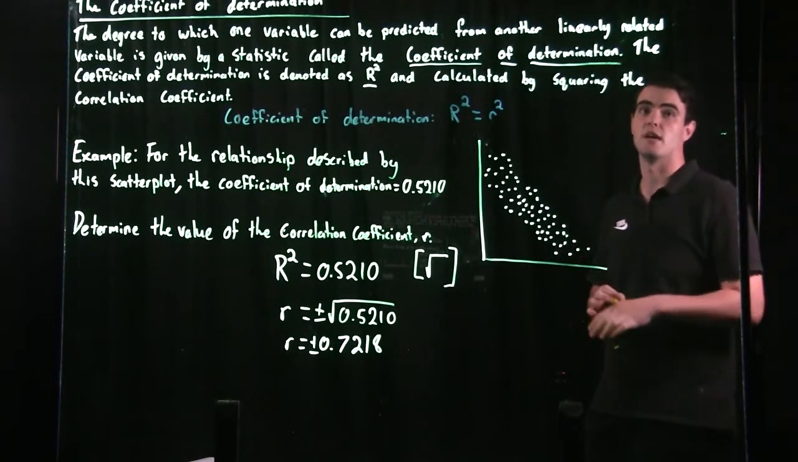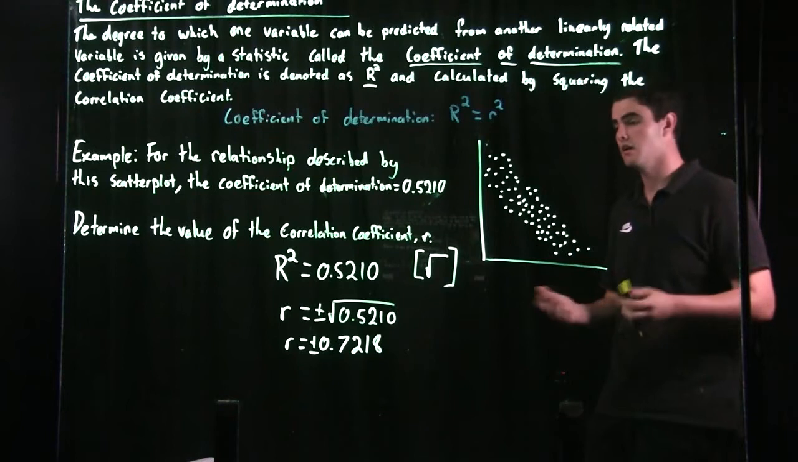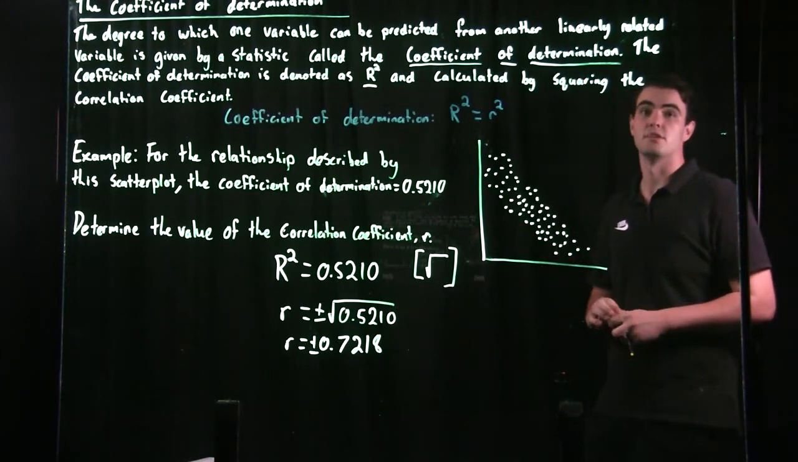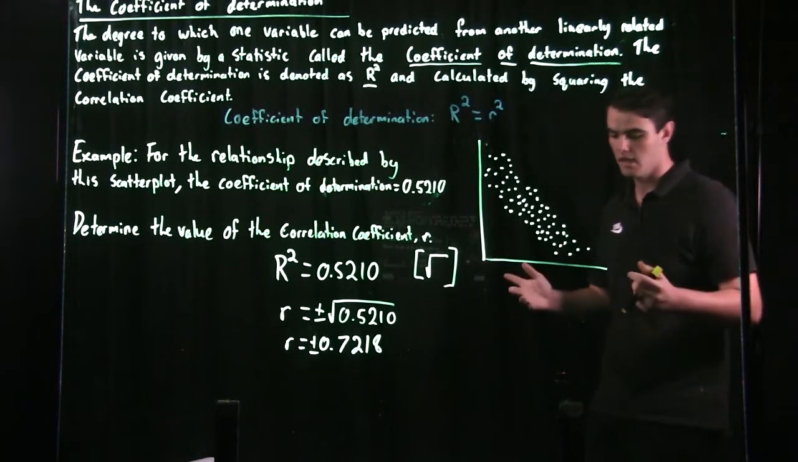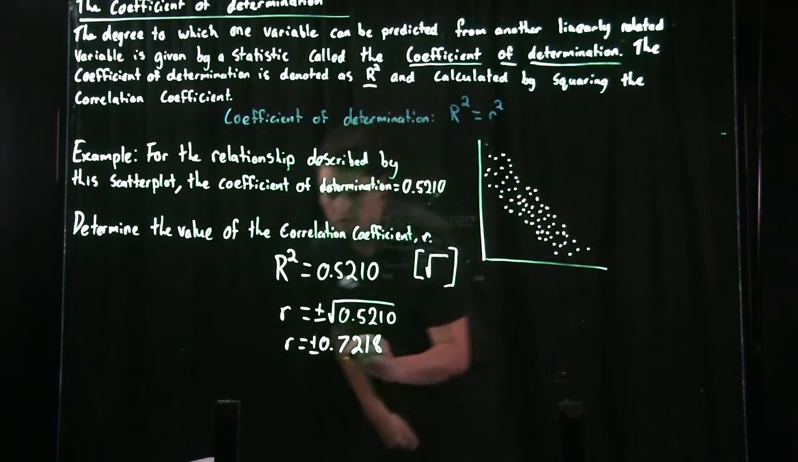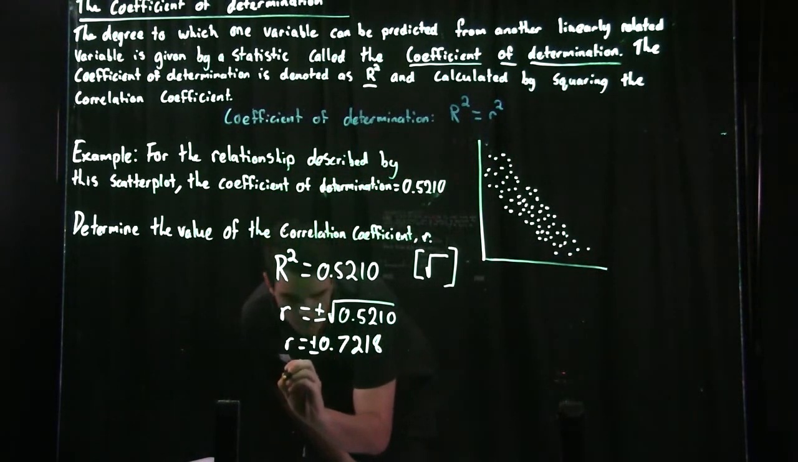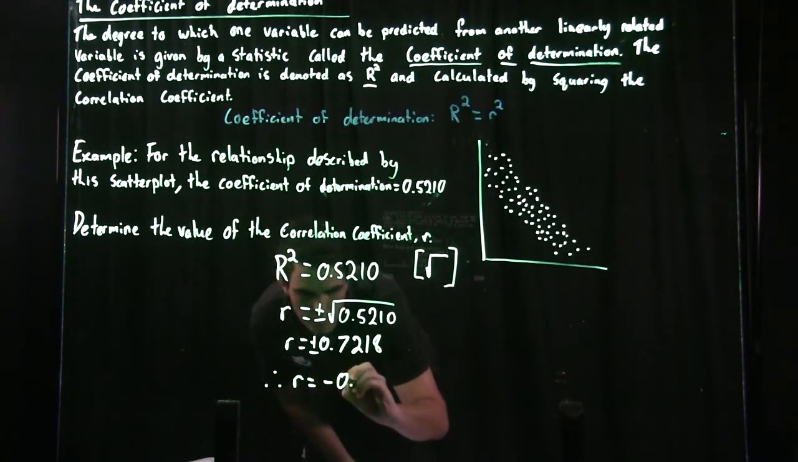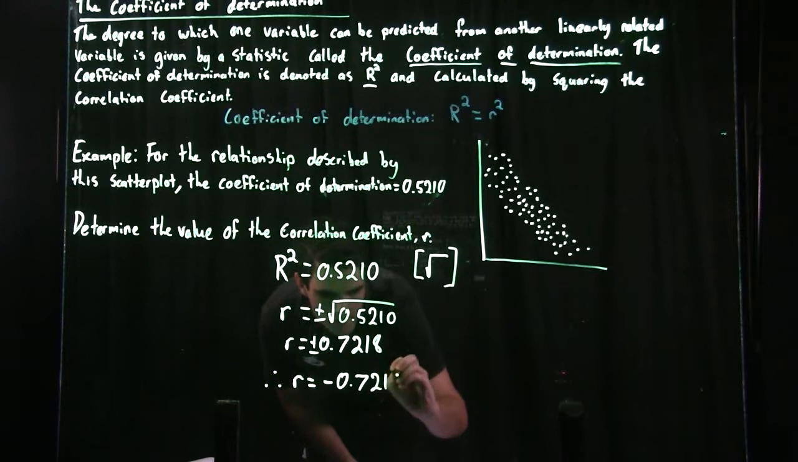Is it going in a negative direction? Well, we can see it's going downwards. It's in a negative direction. My correlation coefficient therefore will be negative 0.7218. That's all I've got. I'm just going to write a concluding statement for that. So I'm going to write, therefore, R equals negative 0.7218